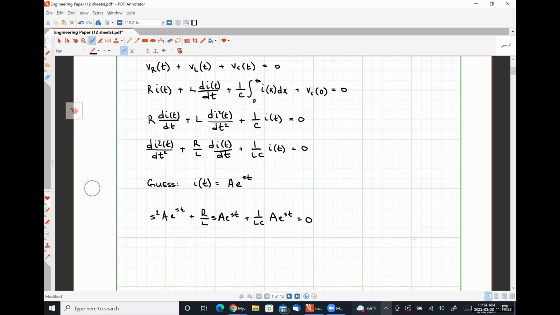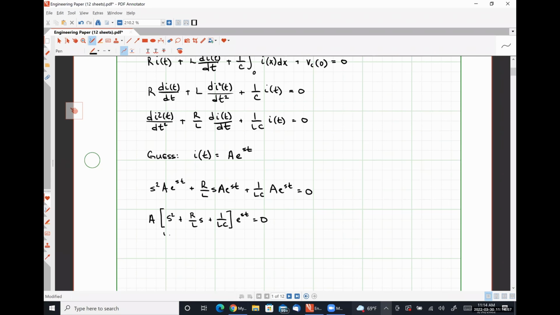And what I'm going to do now is just group like terms. So we'll have A multiplied by s squared plus R over L times s plus 1 over LC, times e to the st, is equal to 0,